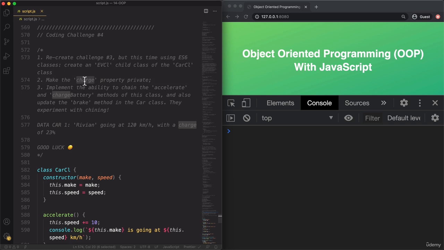Then in that EV class, make the charge property private. So that's number 2. And then point number 3 is that I want you to implement the ability to chain the accelerate and chargeBattery methods on this class. And the same also for the brake method in the car class. So that's actually called CarCl. So then go ahead and experiment with chaining,